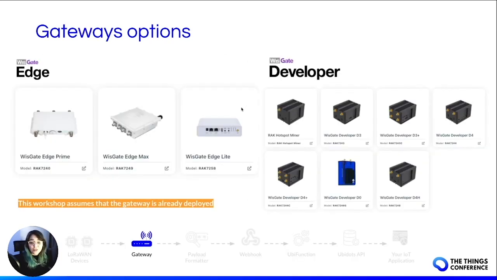B. LoRa concentrators and gateways are the agents that allow end node devices to transmit data to the cloud. In this session, we'll not be demonstrating how to set up your gateways. However, feel free to explore our wide variety of reliable and affordable gateways either for small or industrial scale applications